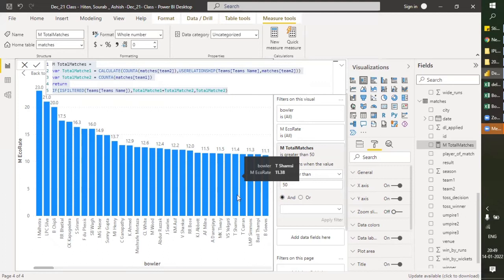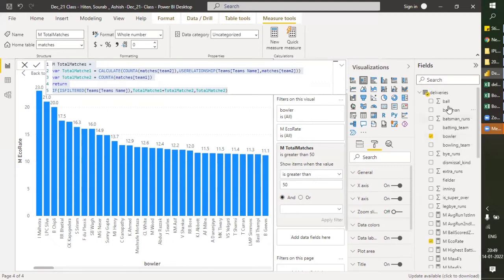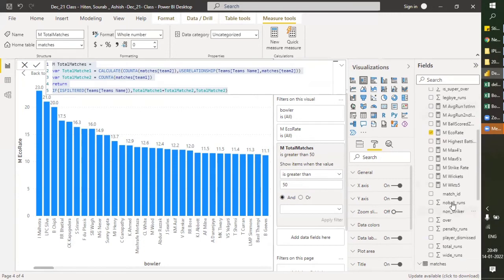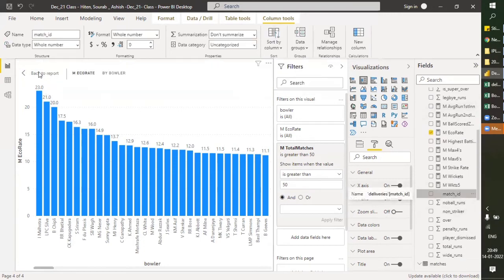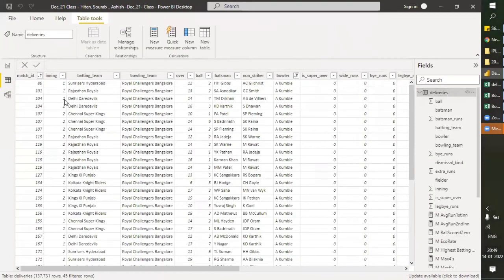If we use this match ID column, it is a serial number. It will look at those match IDs which are greater than 50, instead of looking at the total number of matches.